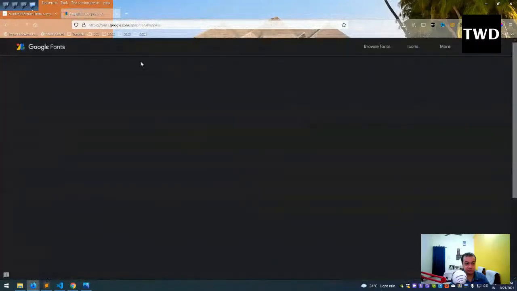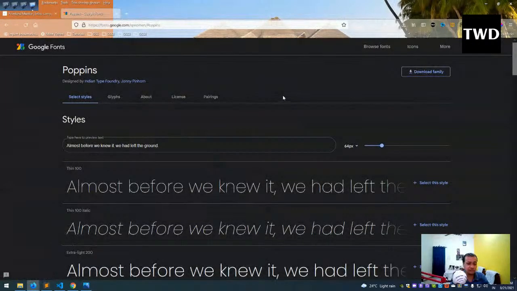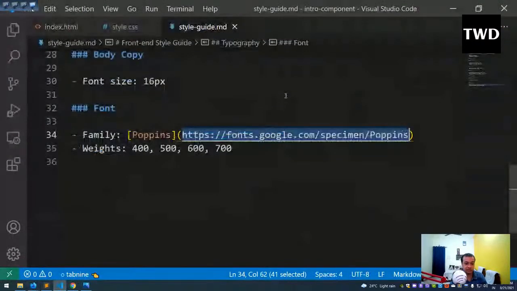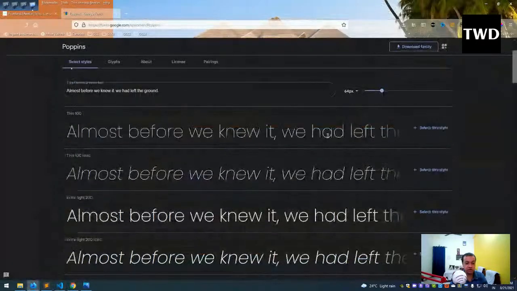Poppins, Google Fonts. They generally give some Google font, and here is how to use this one. I will come here and let me see the style guide. What are the weights they have wanted? So they want 400, 500, 600, and 700. So I will choose